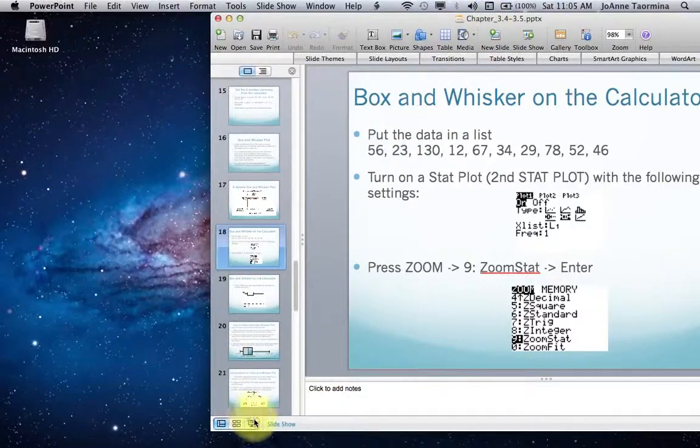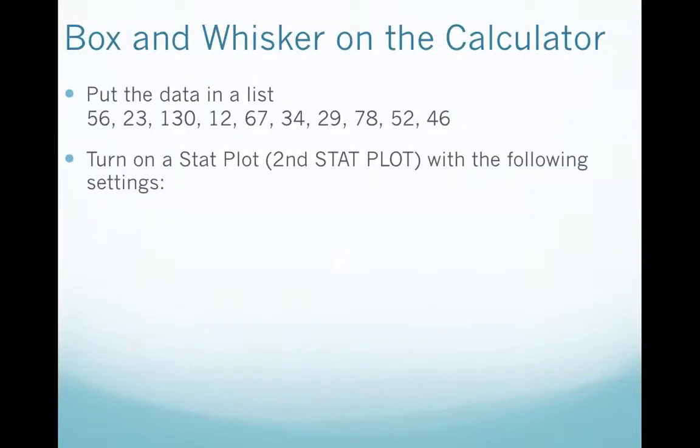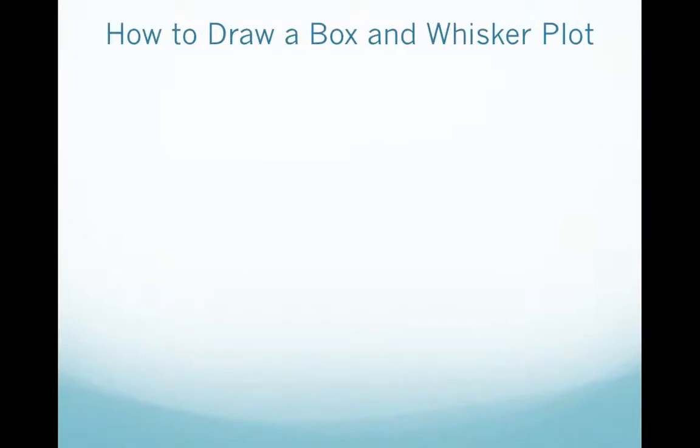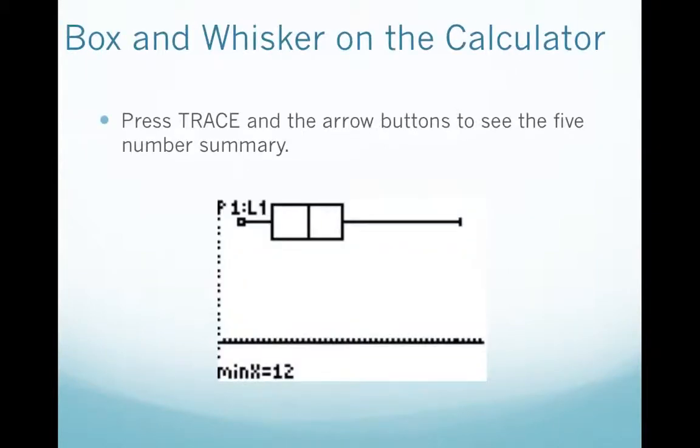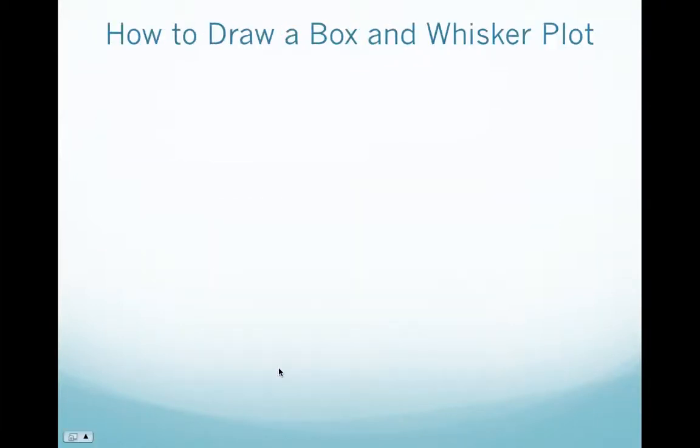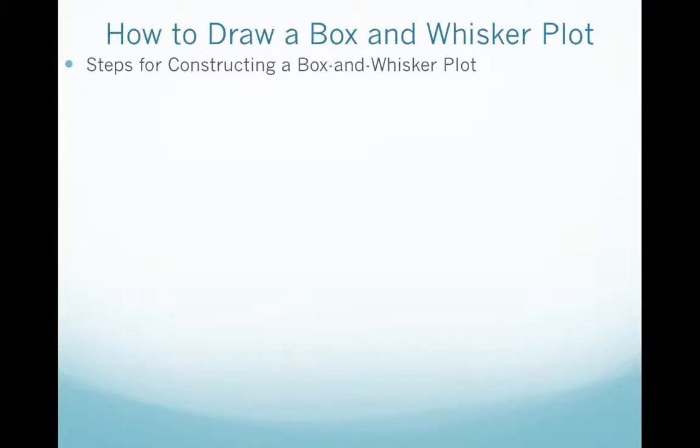Okay, let's go back to our presentation. I don't know if I made it obvious, but to get that 5-number summary on the bottom of the screen, you had to press the trace key, and the trace key is using your arrow right and arrow left. Once you hit trace and you arrow to the right, you'll be able to see all the 5-number summary at the bottom of the screen. Okay, so how would you draw a box and whisker plot on paper after